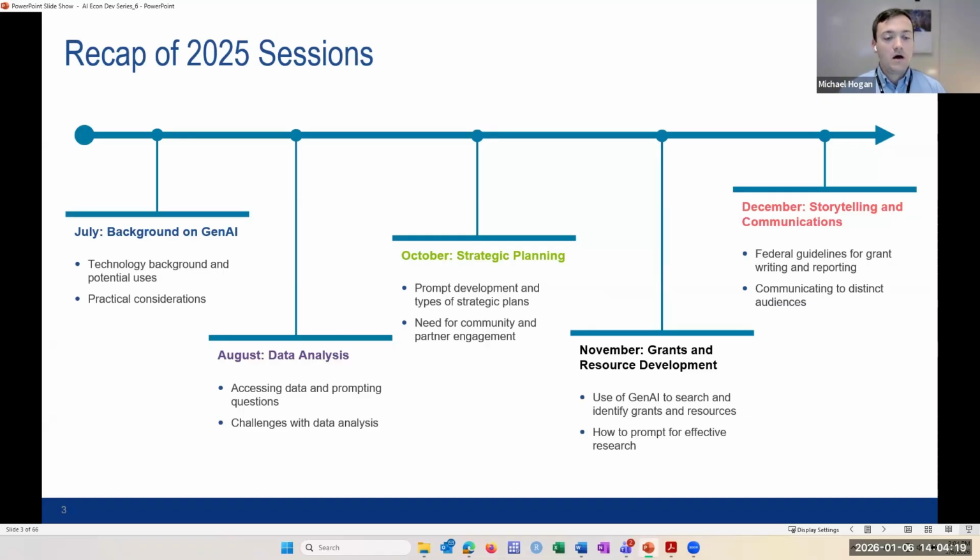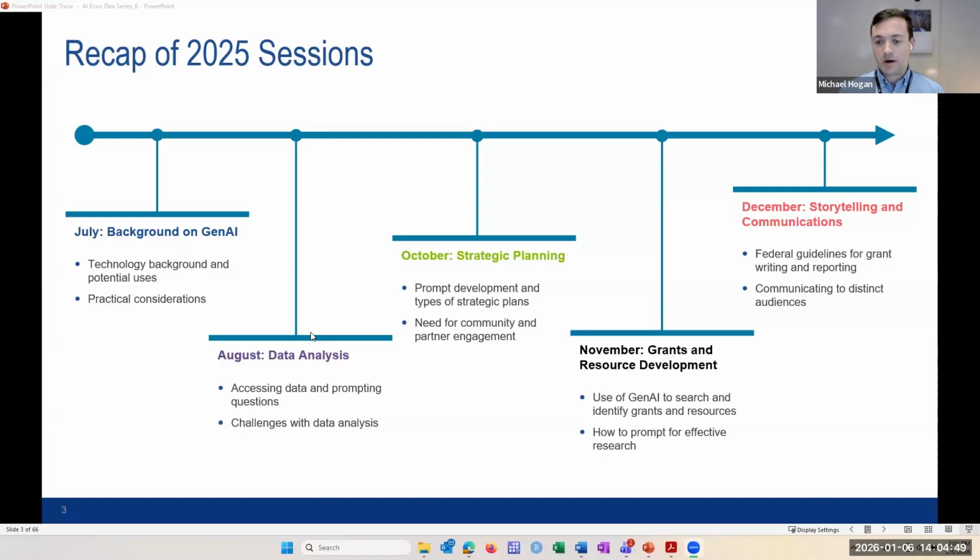In July, we started with the background on Gen AI, some of the background and the potential uses, practical considerations. We looked at data analysis in August, specifically with accessing data and prompting questions. We moved in October into strategic planning, how to prompt and how to create strategic plans, but also emphasizing the need for community and partner engagement, which is the theme that we're going to be talking about today.